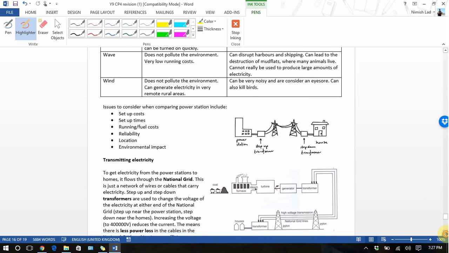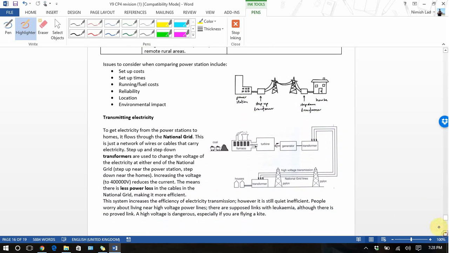Right, so once we've got this electricity, we need to move it around. That's what this thing over here is. This is a picture of the national grid. So in a national grid, you have a power station, a step-up transformer, power lines, a step-down transformer, and a house. The idea is the power station produces electricity, step-up transformer increases the voltage, that decreases the current in these